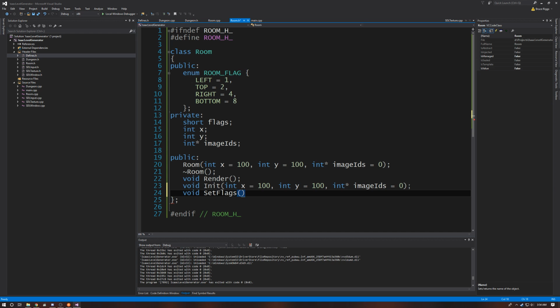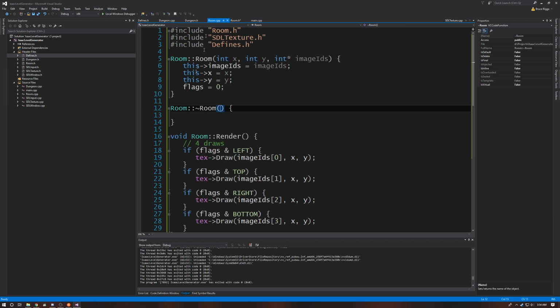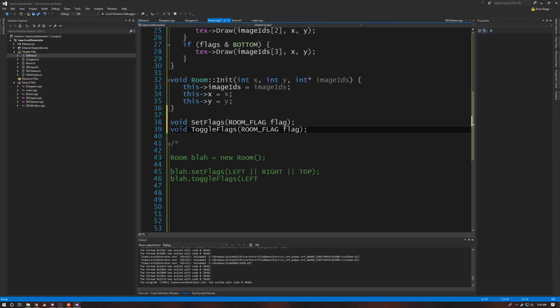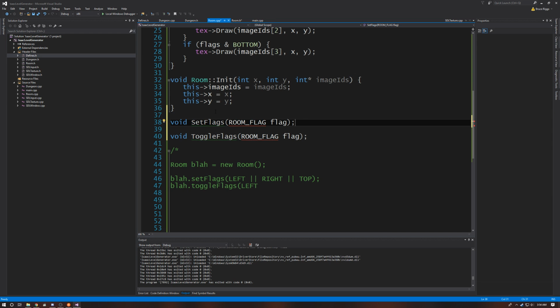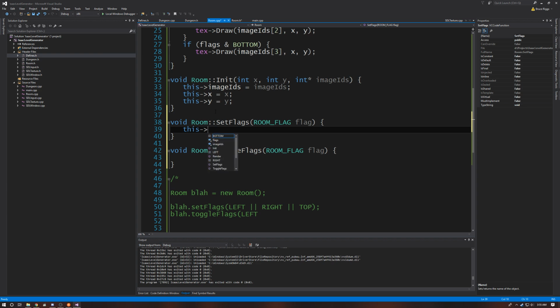Set flags. Takes a... Alright, so there's a difference between these two functions. I'm going to have set flags actually zero out the number and just replace it with whatever you give it. Whereas with toggle flag, I'm going to specifically target whatever flag you're saying and toggle that flag. So that way you can completely set it or not. I'm sure that made sense. Like I said, set flags is literally just going to say, our flags is now your flag. Done. GG. Whereas this one,